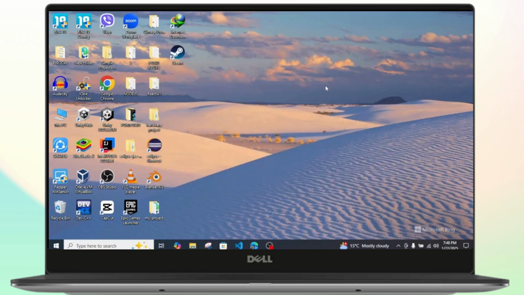So that is it guys, that's exactly how you can download and install your Steam application on your PC or